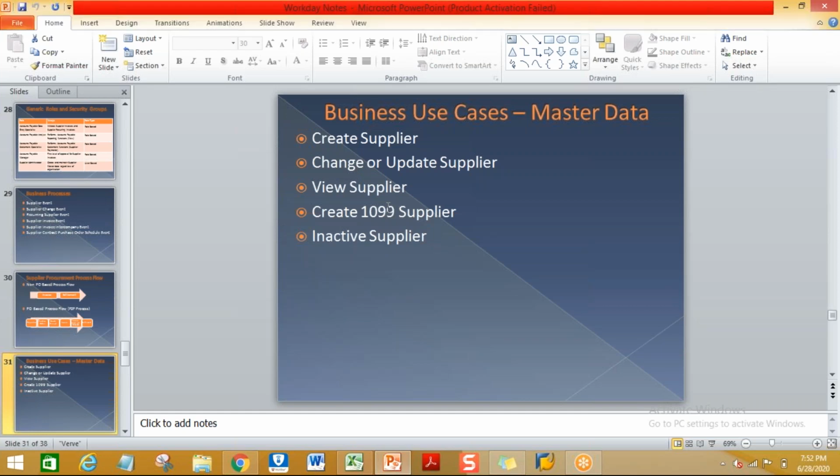This is related to withholding tax suppliers, especially for US clients. Inactivate supplier, whether you are able to inactivate the suppliers or not. Sometimes holding of suppliers or removal of hold, or updating of the logos. All those business scenarios you have to test as part of supplier master data.